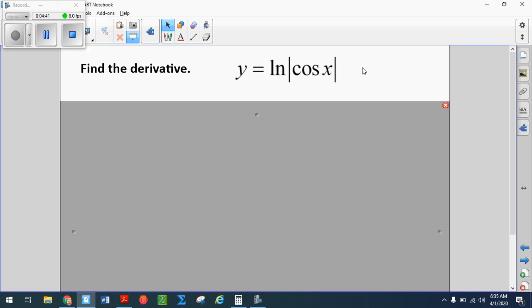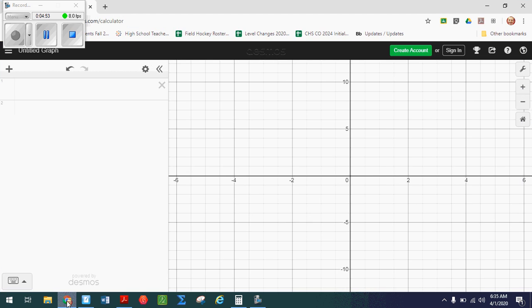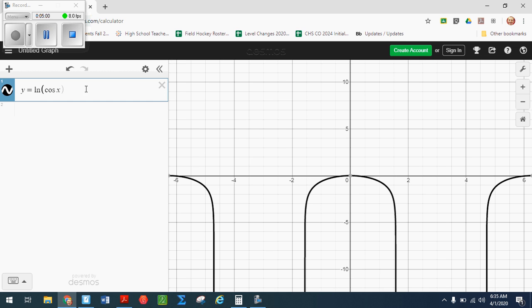So this is just a chain rule. And the reason we have that cosine x in parentheses or in absolute values is to make sure that we can take the derivative of all values of x. If I look at Desmos and I graph y equals natural log of the cosine of x,